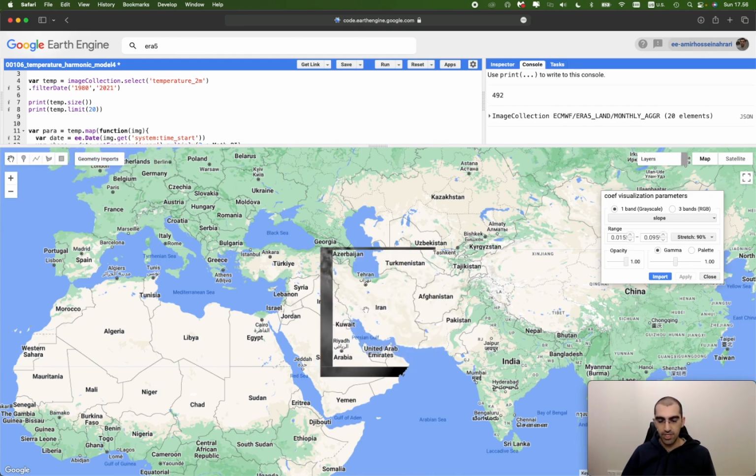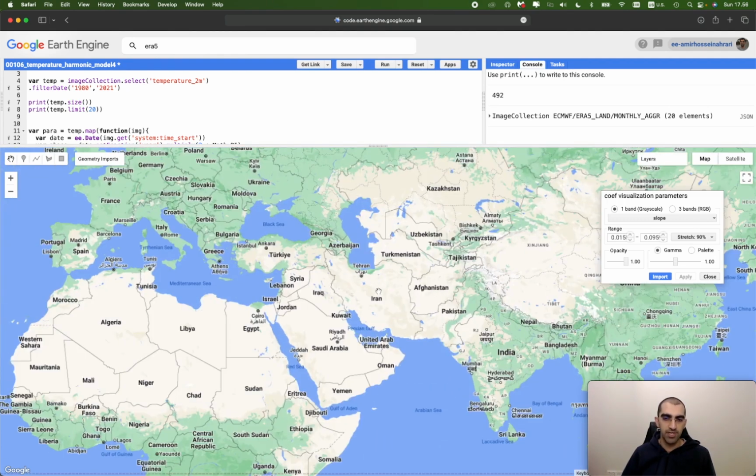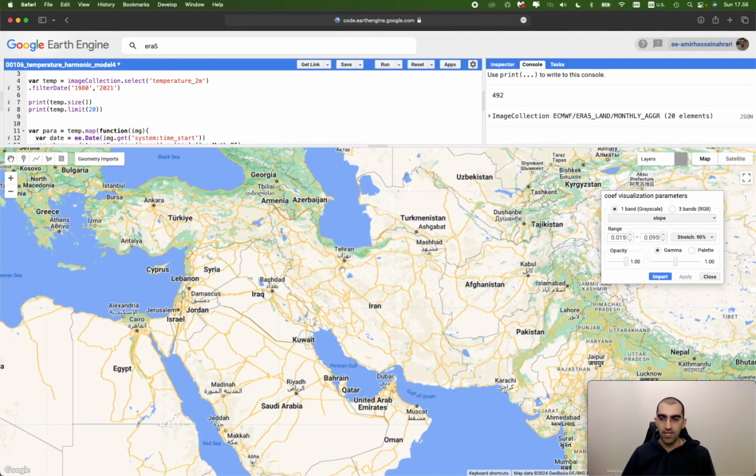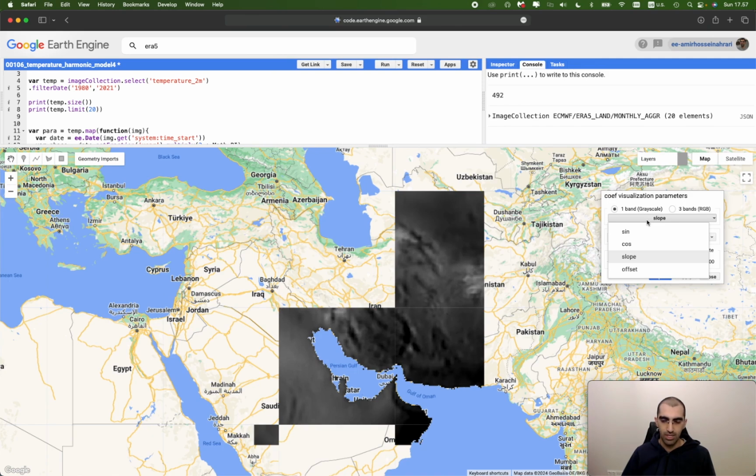So here we have a grayscale image where bright areas show bigger changes and darker areas show smaller changes. For example, in the northwest and west of Iran, we have a bigger change in temperature variations compared to the east and center of the country. So as you can see, the slope is a useful way to interpret the amount of change that occurred in the